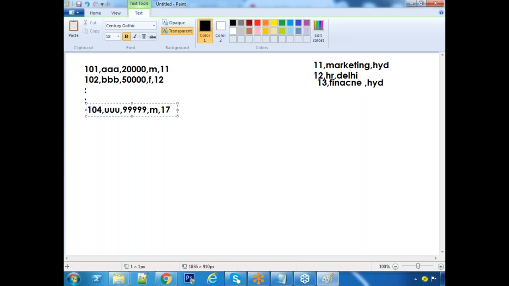But to make 17, there should be 17 department in the department file. If 17 existed in DEPT, then only this is valid entry. Otherwise, it is invalid entry. That means here, if I say 13, that is valid entry. Here, employee depends on department file. Employee entities depend upon departmental entities. Understand the point, sir?